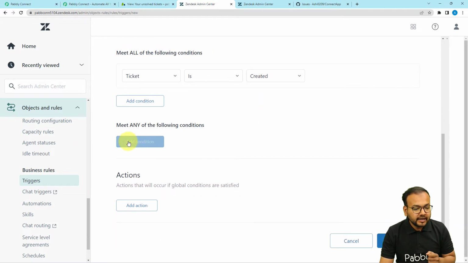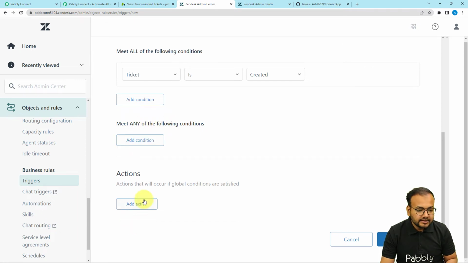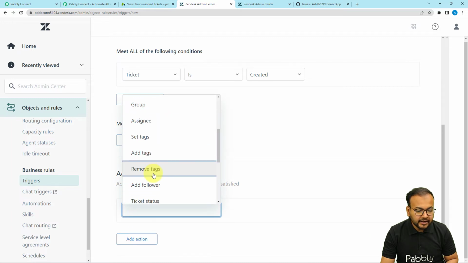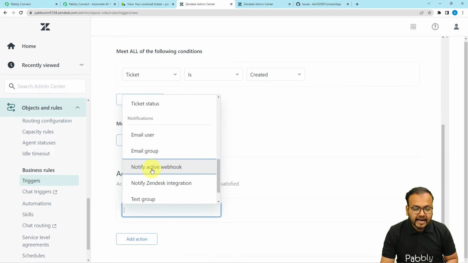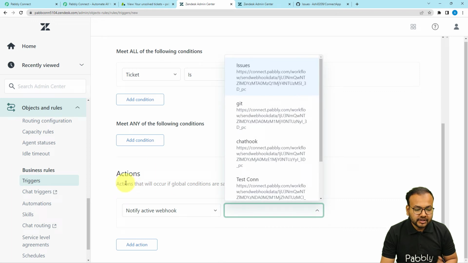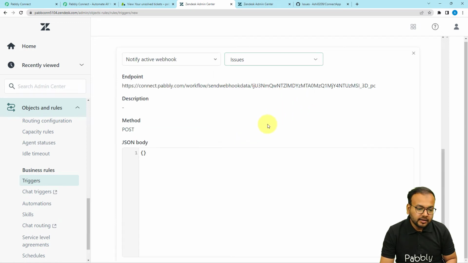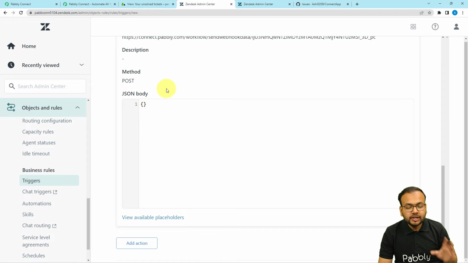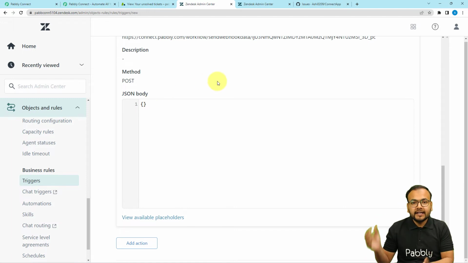Okay, and here guys, meet any of the following conditions. Here you have to select an action as well. Okay, click on add actions, and here you will find notify active webhook option. Select actions, notify active webhook. And where we want to send the data, we want to send the data to this issues URL that we have already added in the webhook section. Select issues webhook URL. Then it will ask the JSON body which is going to contain the data and send